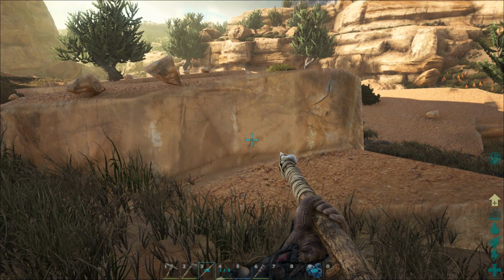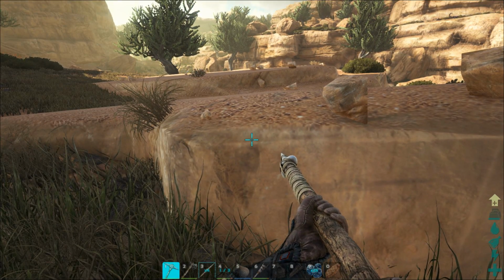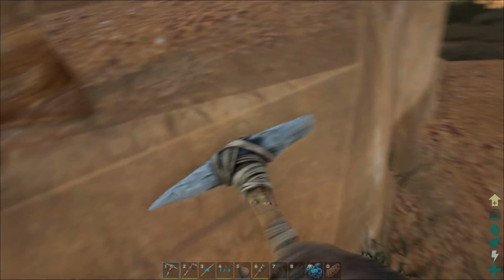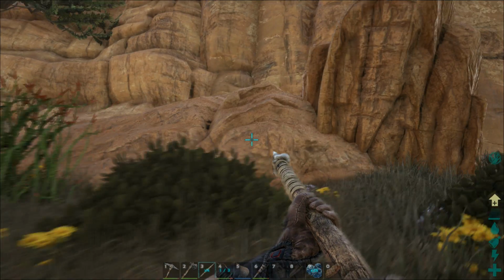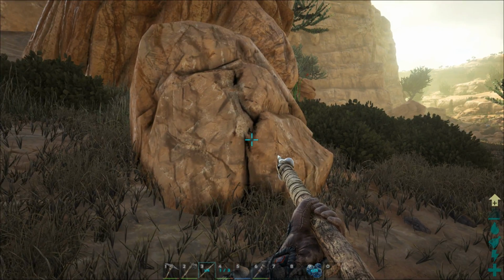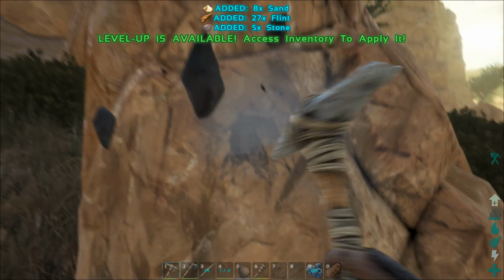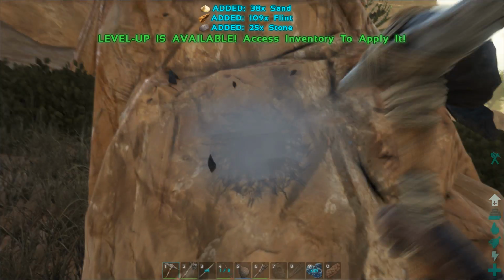Does this have metal in it, I wonder? Doesn't look like it does, but let's check it out real quick. It is part of the scenery. Okay. Wish I knew what the metal rocks look like in this game besides the standard metal ones. I did see some...